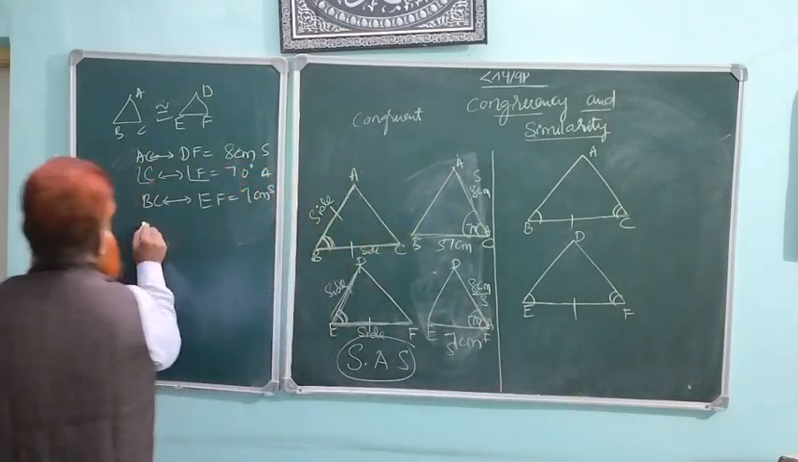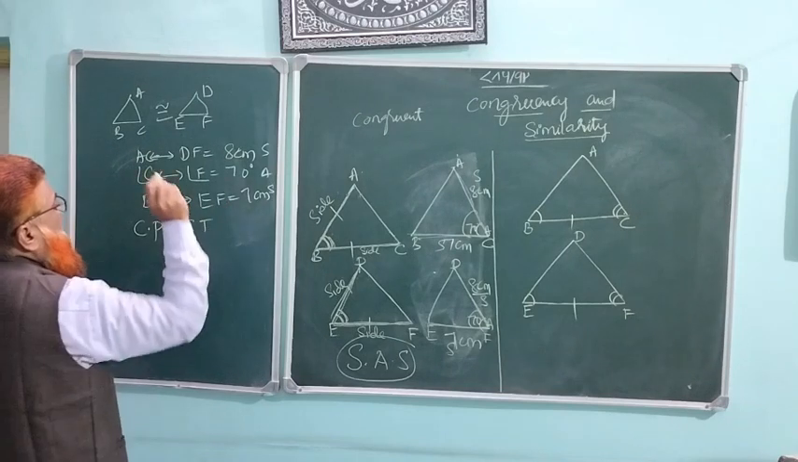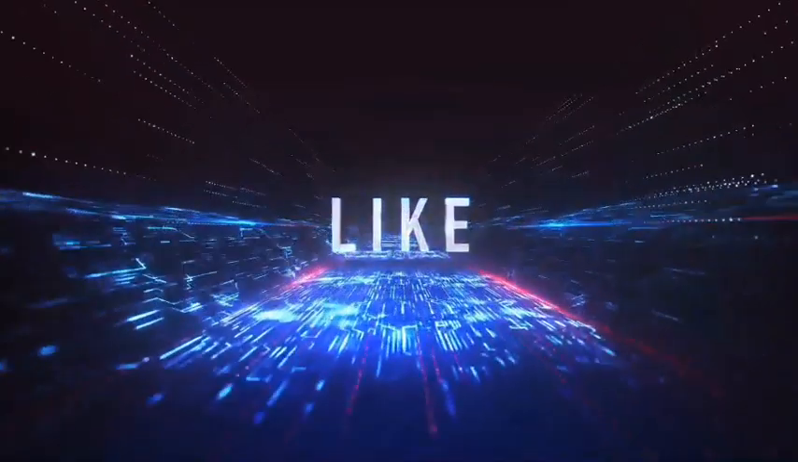We say that it is CPCT, corresponding parts of congruent triangles. Okay, AC is now